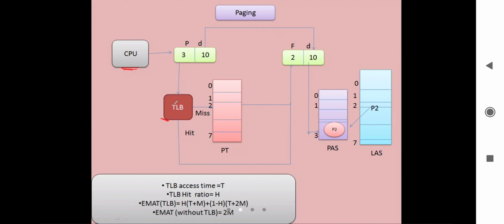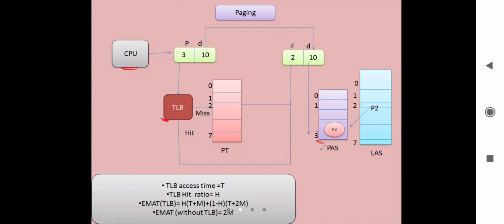We can access the required page and its corresponding frame number directly from the TLB. If it is missing, we'll access the page table, then the physical address space. And if the page is inside the TLB, then we directly access the main memory.